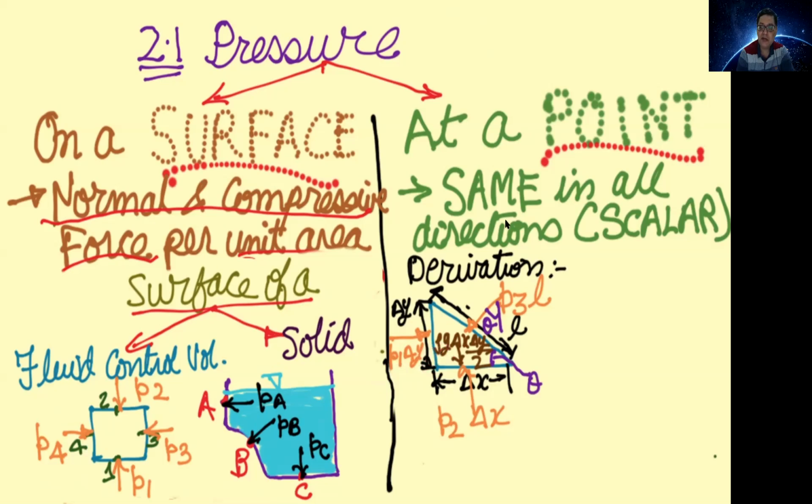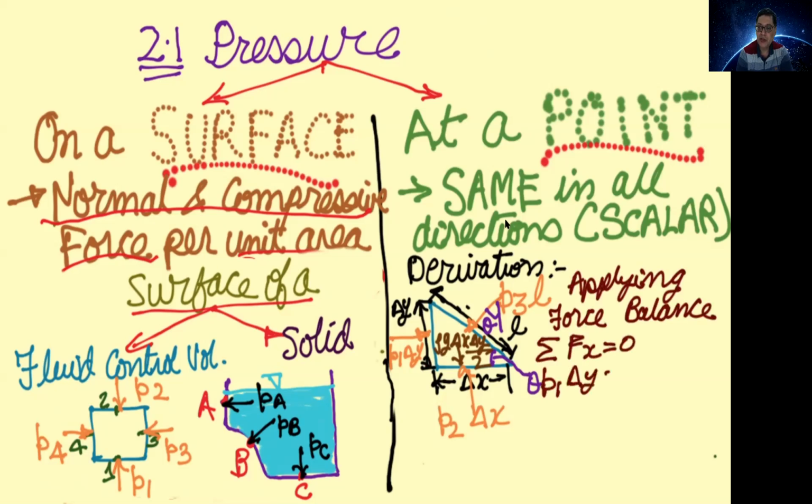So considering the balance of the pressure and the gravitational force, if you apply Newton's second law of motion, the rate of change of momentum is equal to force. Since the fluid is stationary, the rate of change of momentum is equal to 0, so there is only a force balance. So you have to balance the horizontal and vertical components of the pressure force and the gravitational force. Let us take the first condition, sigma Fx equals 0. So applying the force balance, sigma Fx equals 0, you end up with